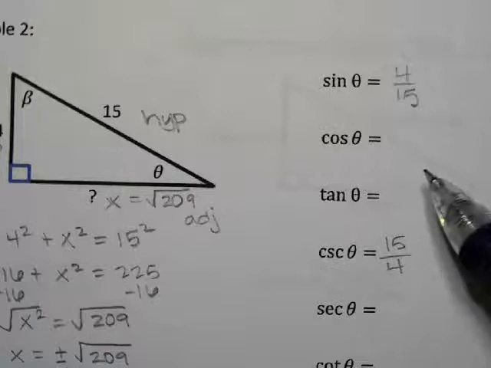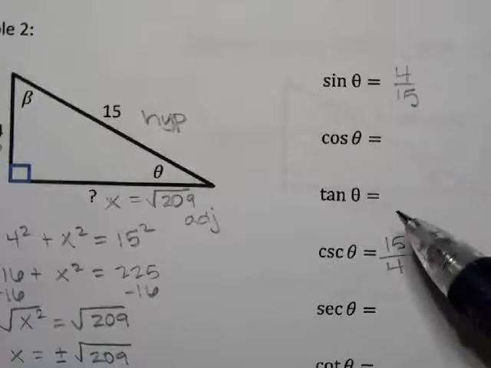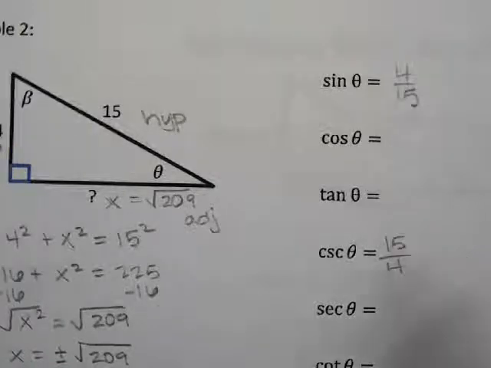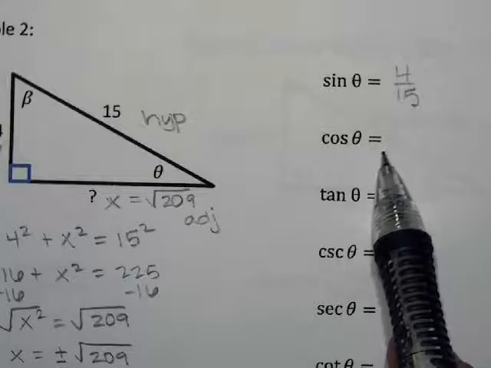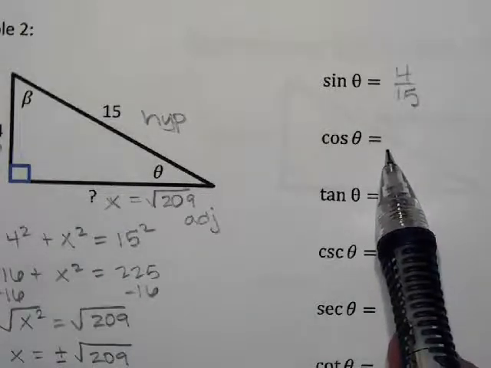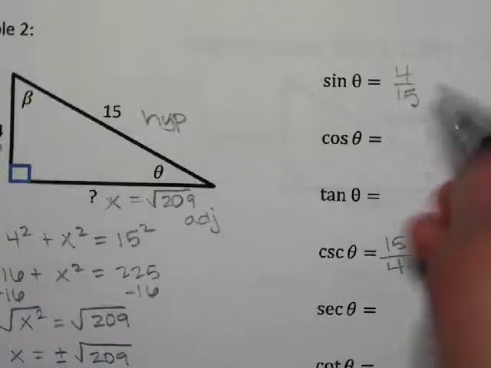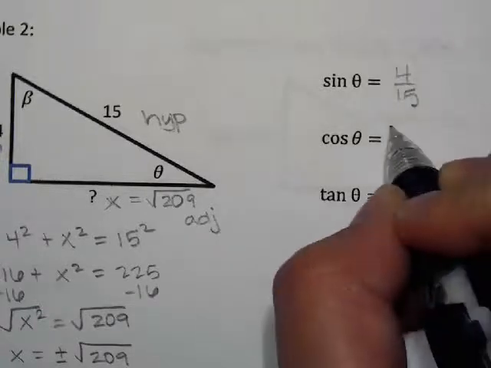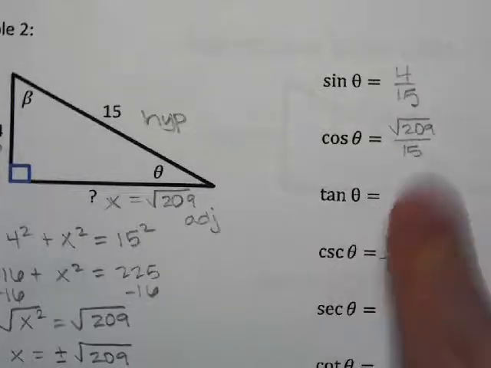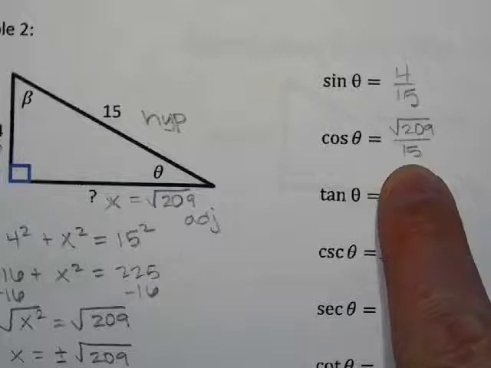Cos. What is cos? SOH-CAH-TOA. Adjacent over hypotenuse. Okay, so what is cos going to be? Root 2 over 9 over 15. Okay, so this one is root 2 over 9 over 15, and by the way,